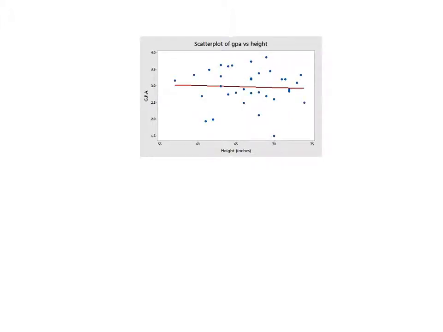Looking at the scatter plot we had from last time, investigating whether taller students end up getting better grades, the answer was no, that really there is no correlation between how tall a student is and what kind of grade point average you'd expect them to have. So in this situation, there actually is a line of best fit. There's always a line of best fit, but it's going to be basically horizontal, which means the slope is going to be basically 0. You can see here, and this is a scatter plot I got online,